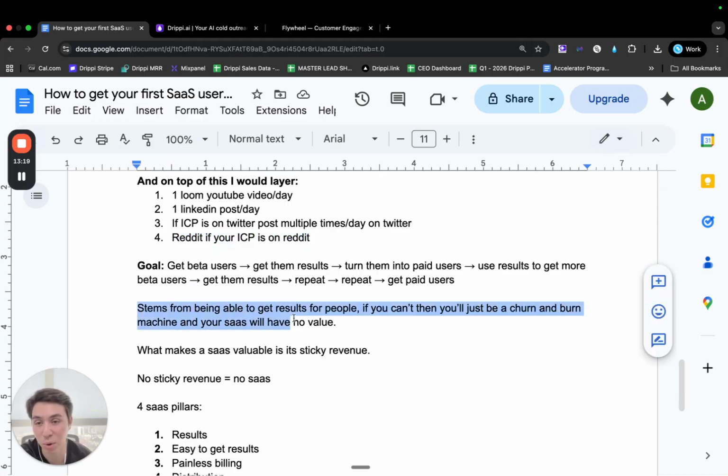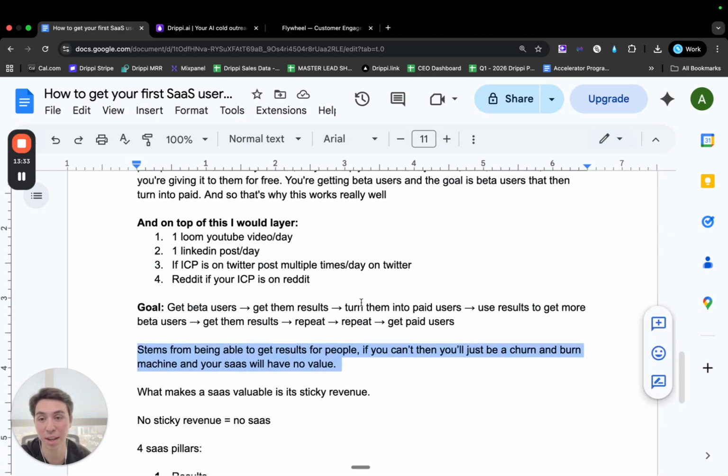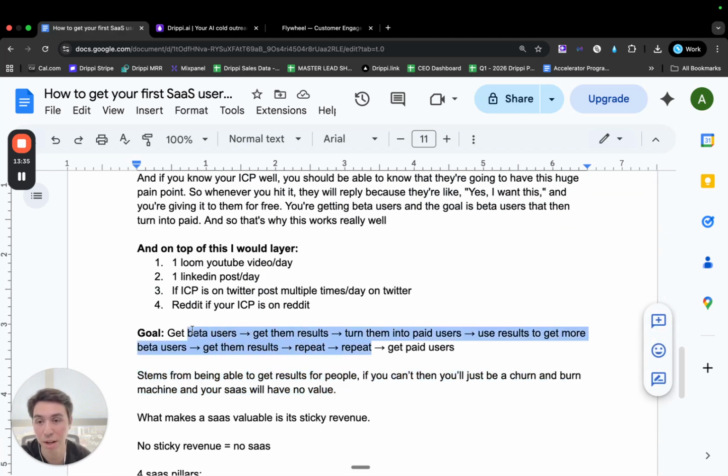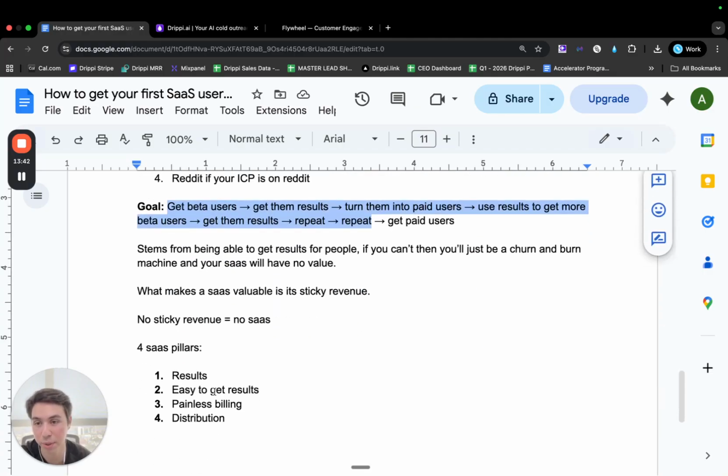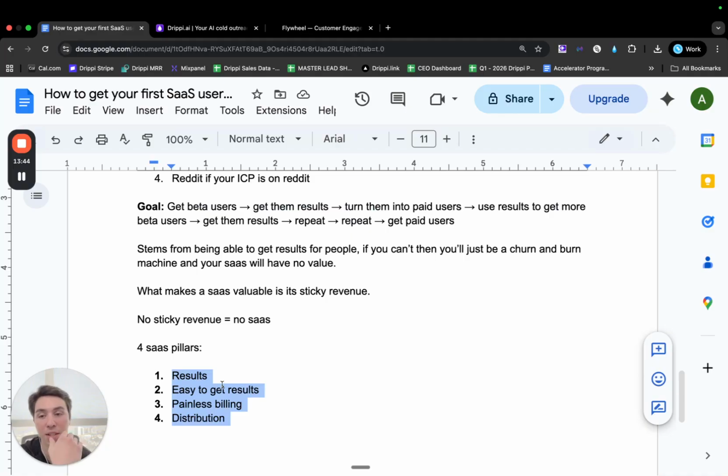And again, this whole thing stems from you being able to get results for people. If you can't do that, it'll just be a churn and burn machine and your SaaS will have no value, because what makes a SaaS valuable is the fact that it has sticky revenue. If there's no sticky revenue, you have no SaaS. And so this is why you repeat this cycle a bunch of times before you can just go out and get paid users. Because if you have the 4 SaaS pillars, which is from Alex Becker,